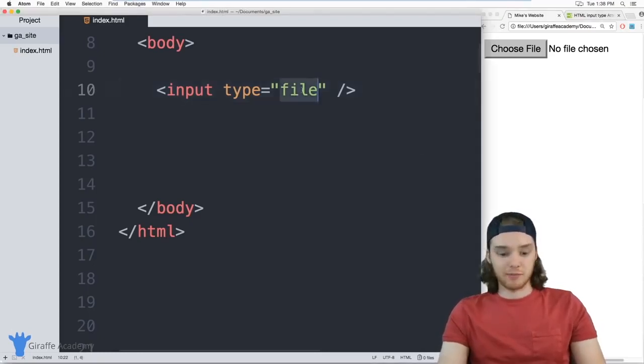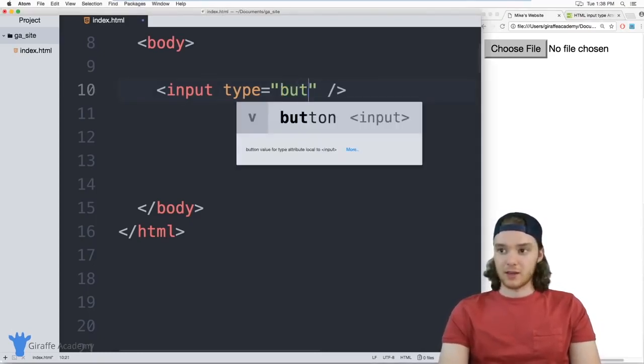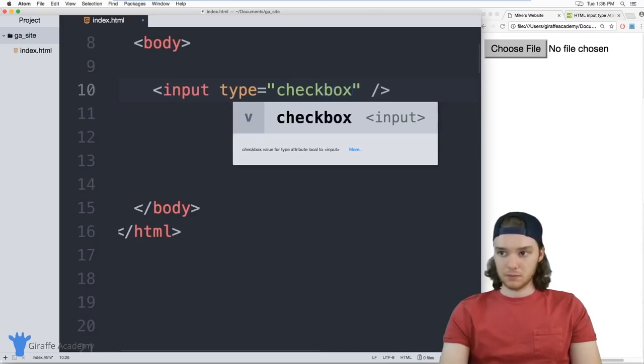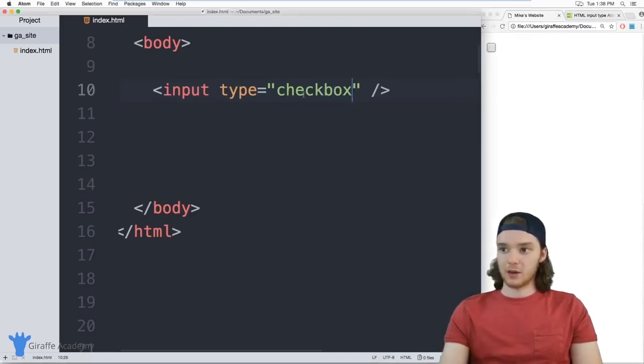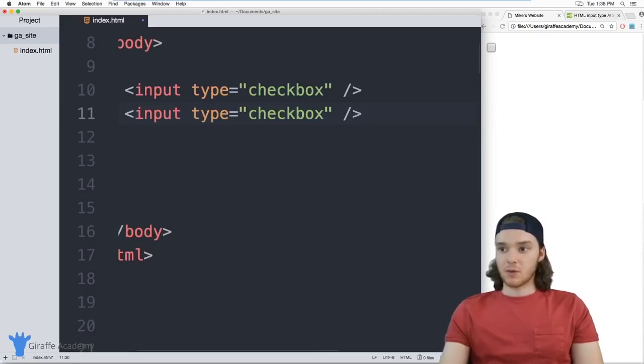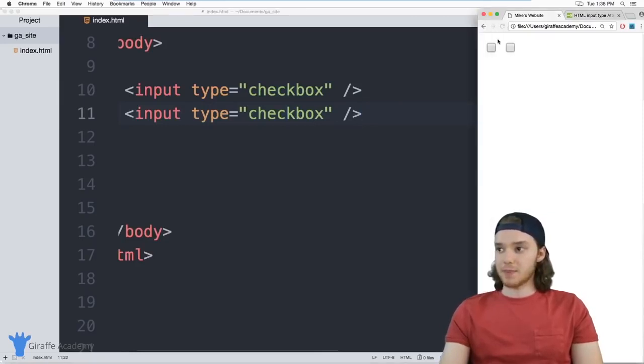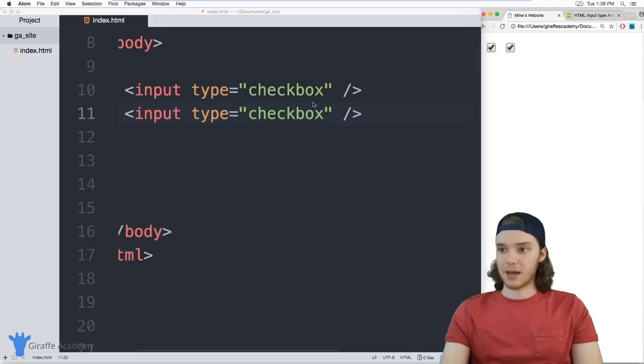And you can also define different types of buttons. So I can define a checkbox, and here we just have a little box that we could check. You could also define a radio button. Actually, I want to show you guys the difference between checkboxes and radio buttons. So if I have two checkboxes, I can check both of them at the same time. Okay, just like that. If I have two radio buttons though,